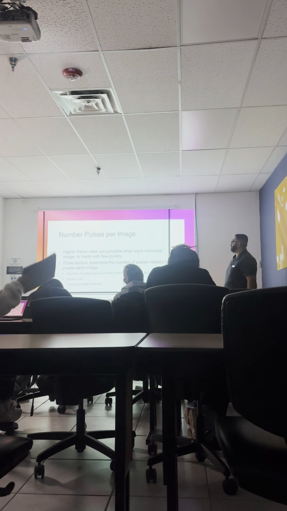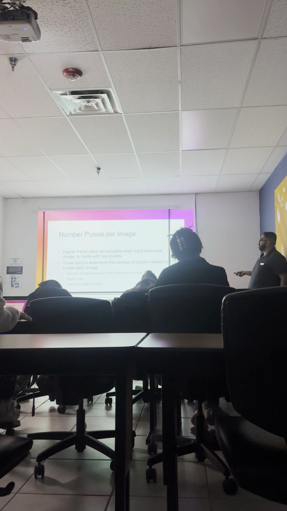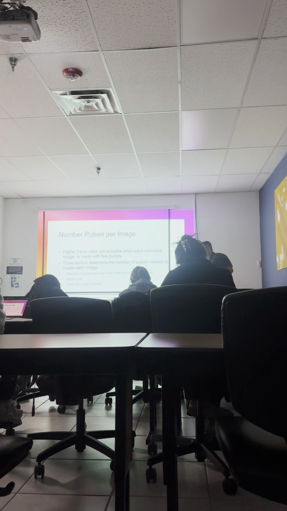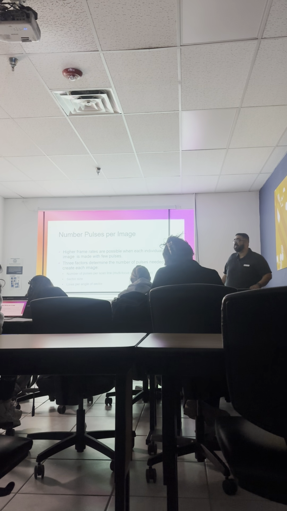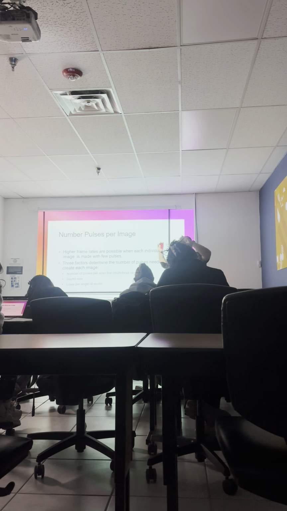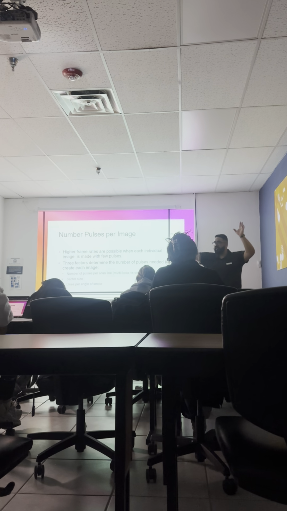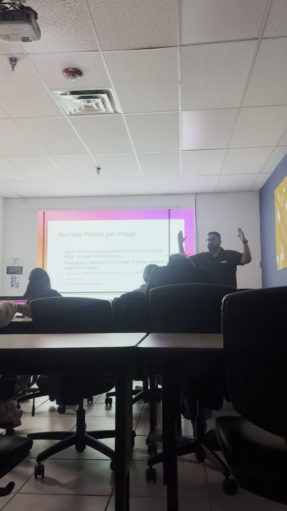Okay, so 3 factors determine the number of pulses needed to create each image. The number of pulses per scan line, the sector size. What's the sector? The beam. Like the pie? So the sector is the image that we see on the screen. So we don't see the whole ultrasound image on the whole screen, right? It's kind of like that blunted pie shape, right? And then there's black on each side. Okay, so we can make that ultrasound image, we can make that sector smaller, or we can make it